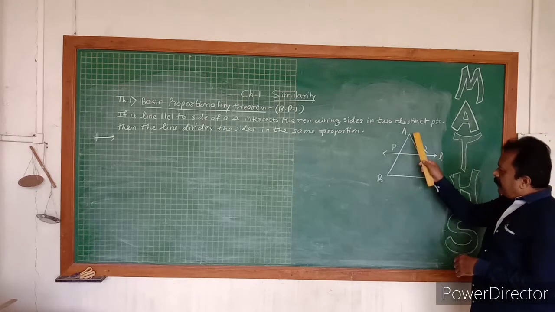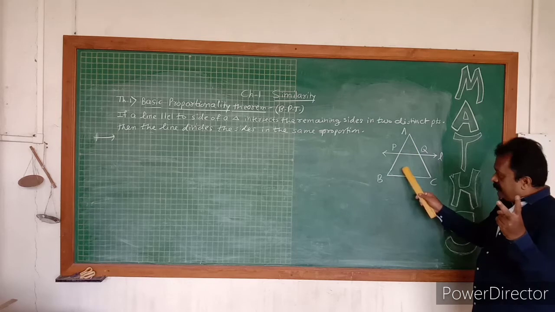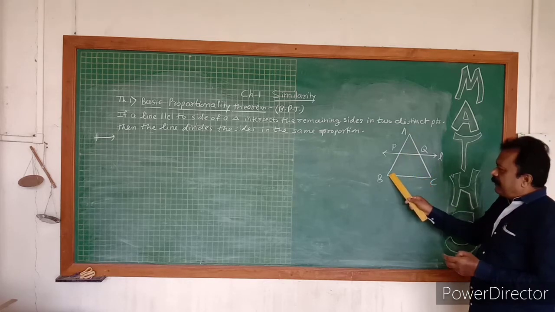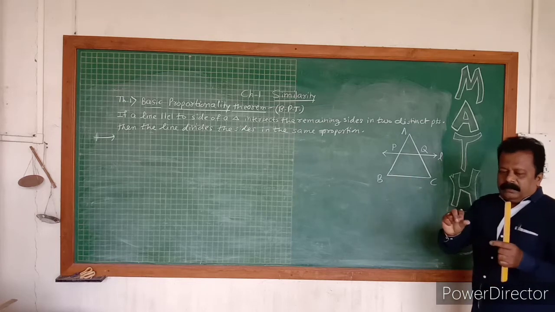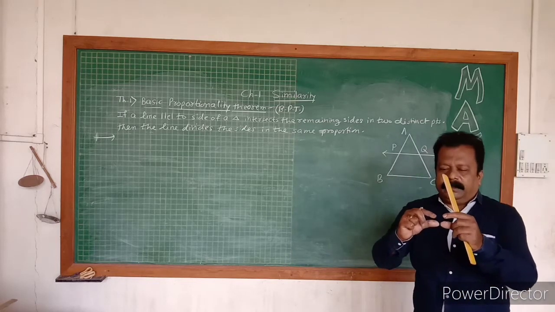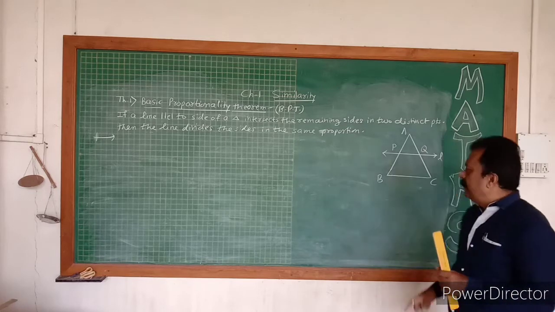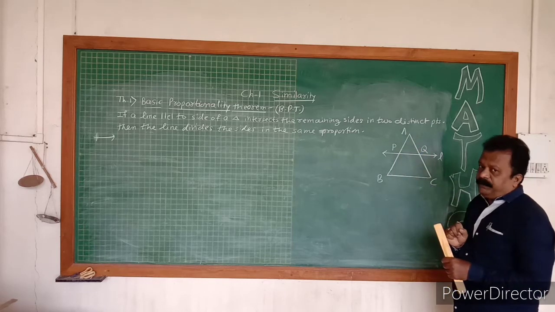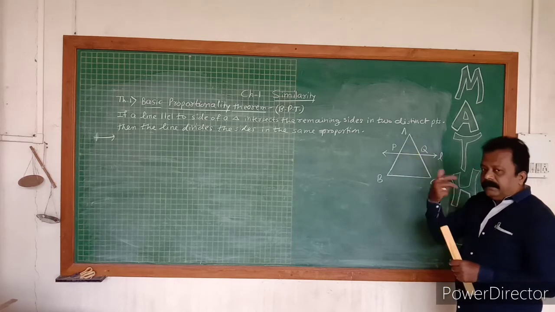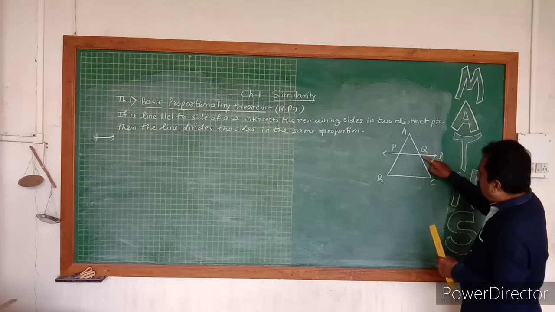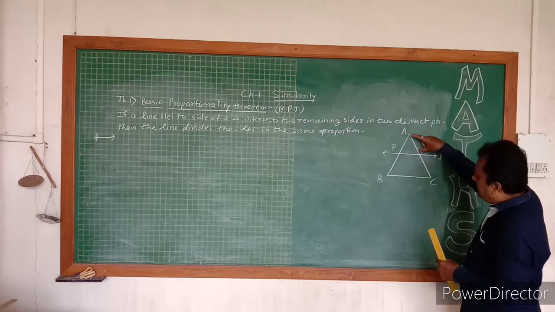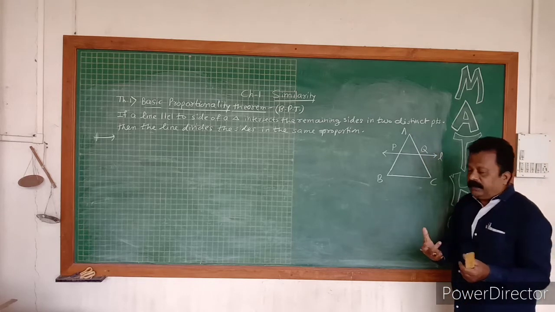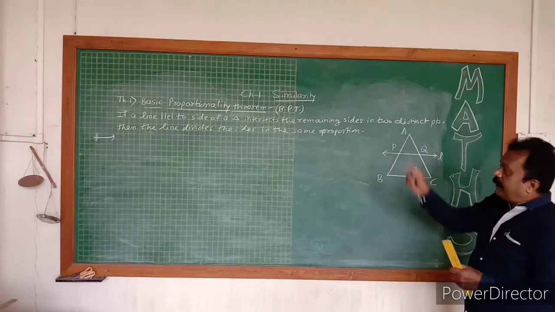This line L cuts this side AB in two parts because of the intersection point P. First part is AP, second part is PB. Suppose I have taken one chalk and cut it into pieces; in the same way, we have got two pieces. One piece is AP, second piece is PB. So the ratio AP upon PB you have to take. And here line L cuts side AC in two parts, AQ and QC. So we have to take the ratio AQ upon QC. Both are in the same proportion.